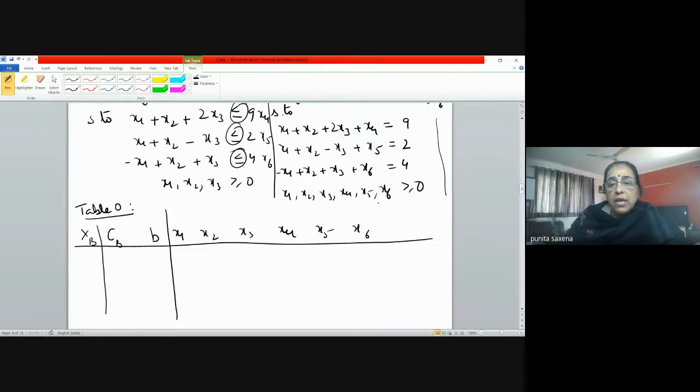How many variables do I have? x6. So I have listed all my variables here. And this last column will define the ratio, because we have to choose our entering and the leaving variable from here. So we'll compute those ratios here, the b_i bar upon y_rk that we have. We'll choose the minimum ratio from this column, so that the corresponding basic variable from the first column will become non-basic.